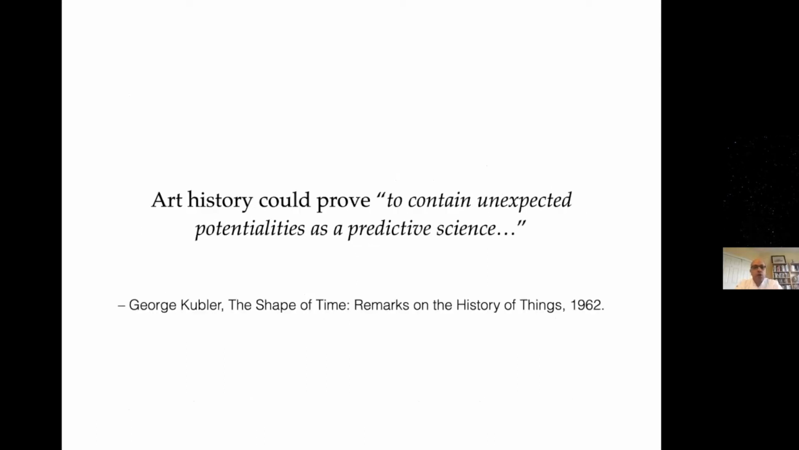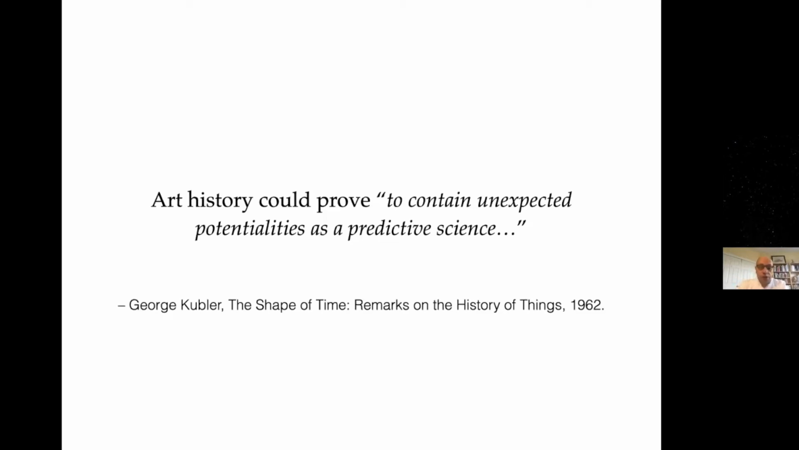And finally, a quote from an art historian, which is very unusual for an art historian. His name is George Kubler, from his book, The Shape of Time, which I'm going to talk about a little bit later in the talk. He's saying basically that art history could prove to contain unexpected potentiality as a predictive science,